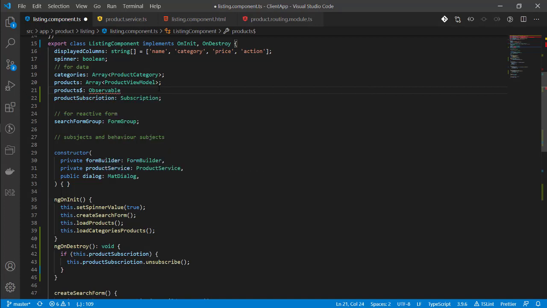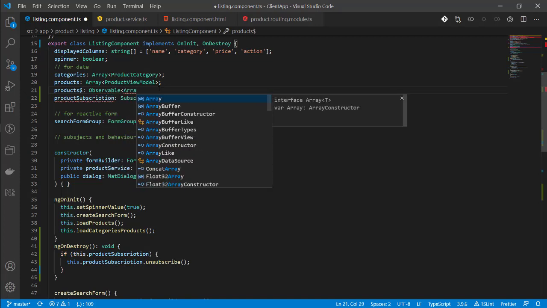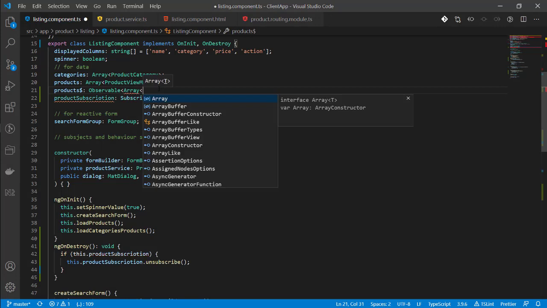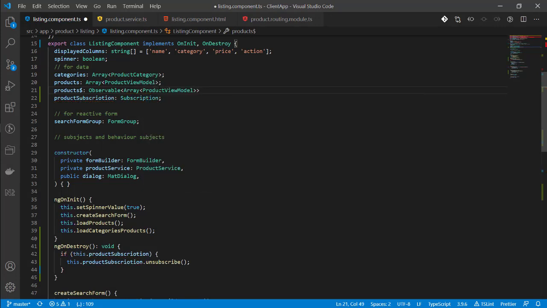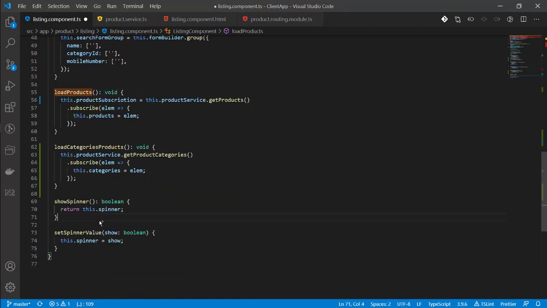And now instead of just saying array of product view model, I will say observable of array of product view model. This way I declare the observable stream.